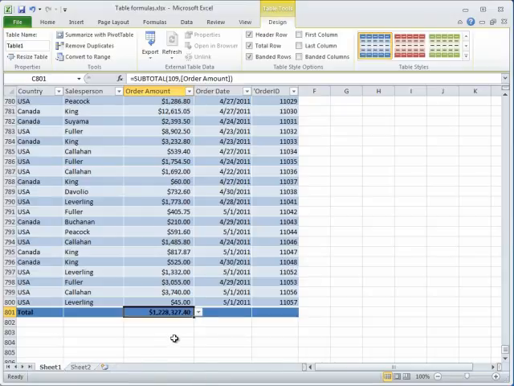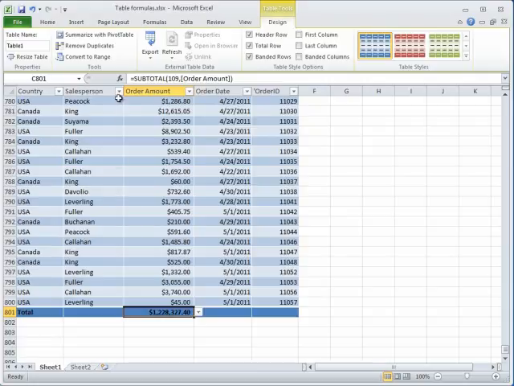Now, one thing I'd like you to notice, though, is Excel took care of that for me, but if I click in the cell with the formula and then draw your eye up here to the formula bar, you'll notice that although I picked the sum function, it says subtotal. And 109, by the way, is the argument for sum when you're using the subtotal function. Well, Excel did this because subtotal is the only function that can deal with filtered columns, and I'll show you